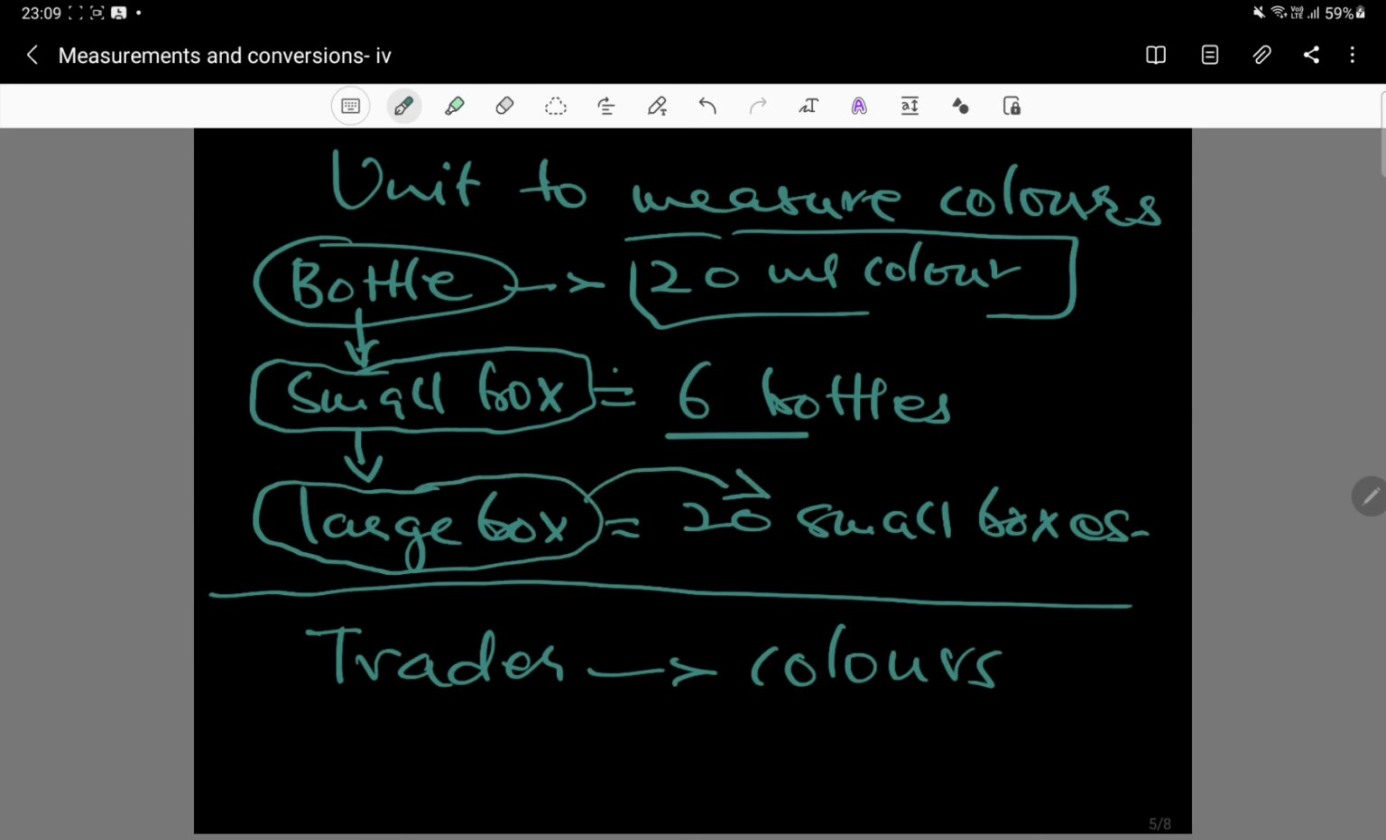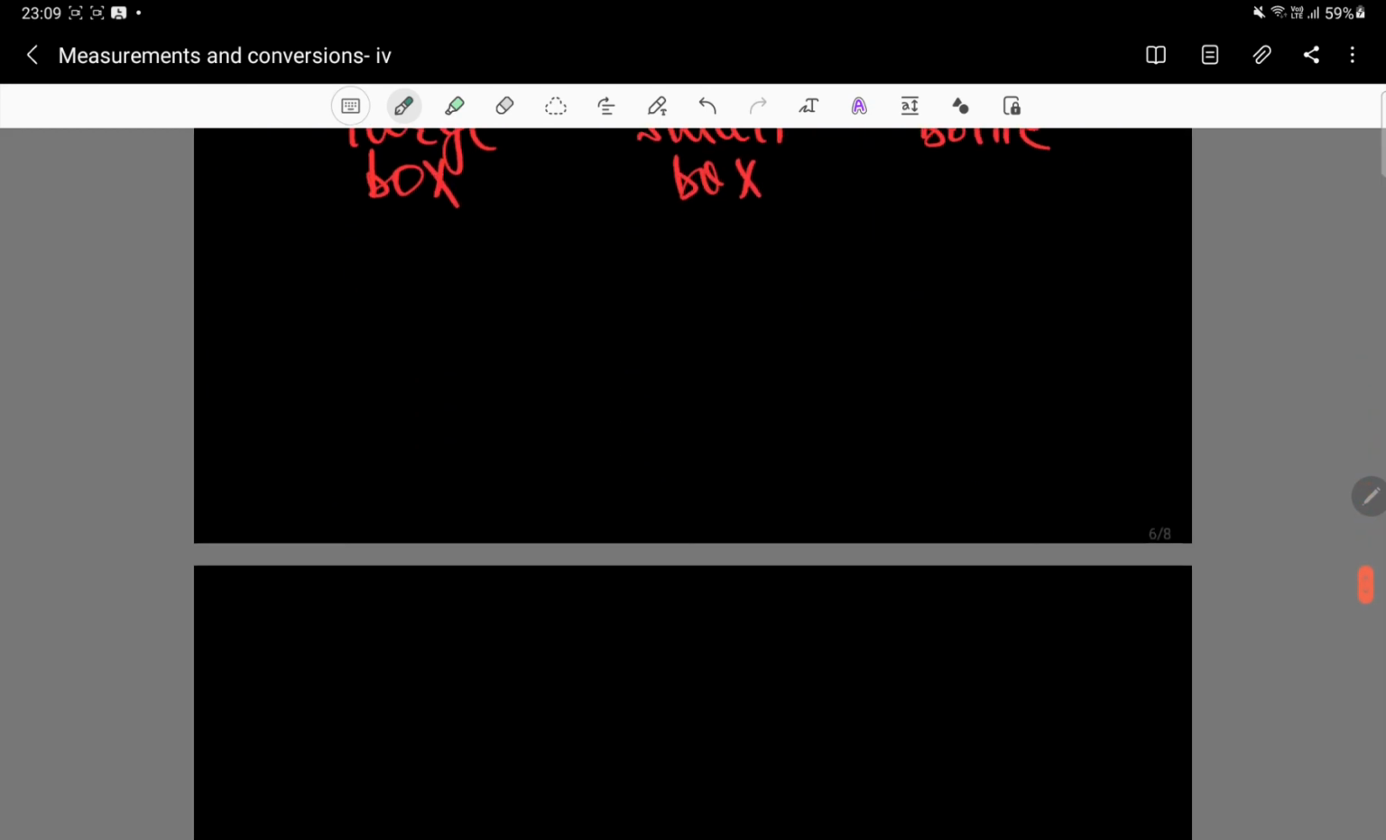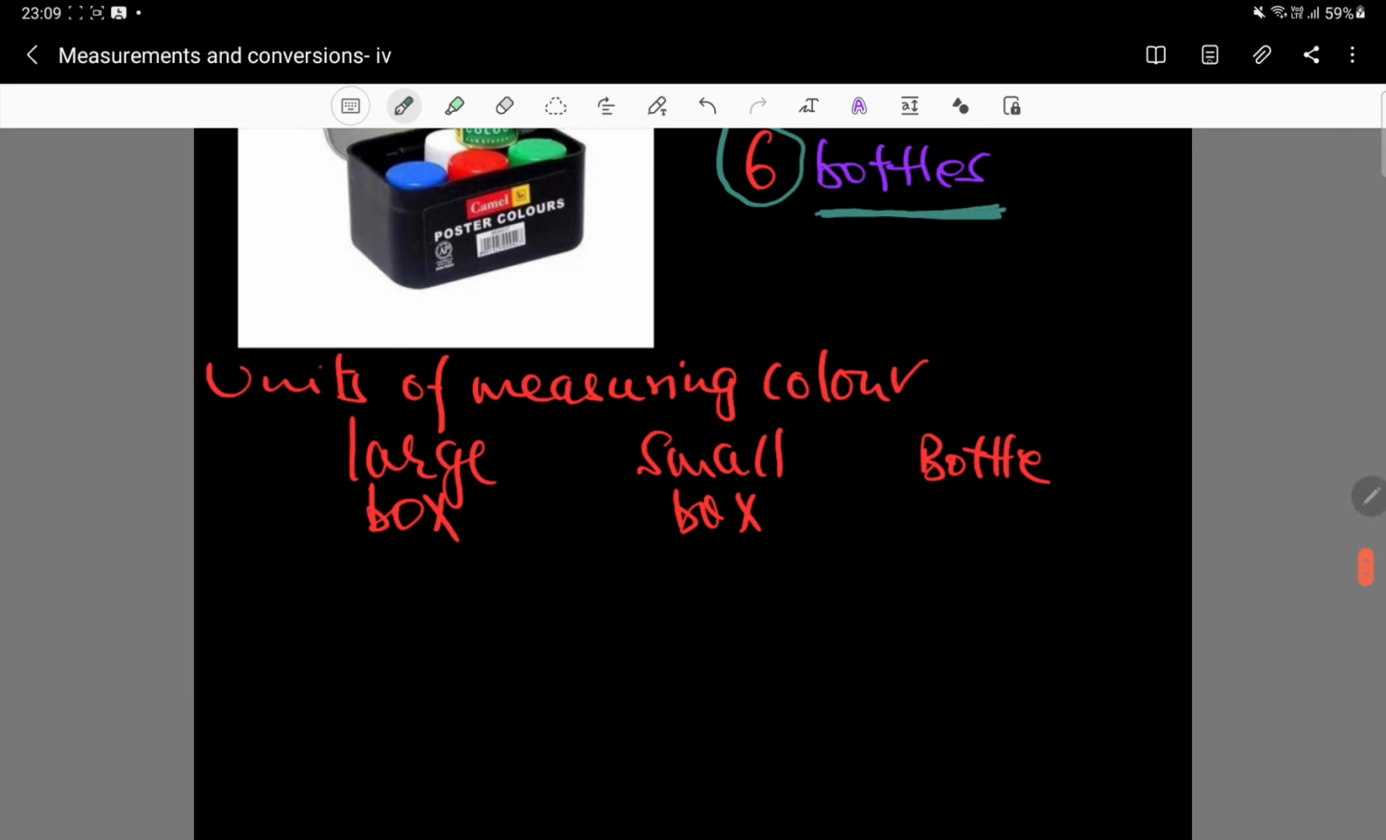So what we have done so far is that we have constructed 3 units of measuring color. The smallest unit is bottle, the larger unit is small box, and the largest unit is a large box. Now what we are going to do is learn to convert the large unit into a small unit. All right, let us proceed. For this, we would need a blank page, and let us create a blank page for ourselves. Okay, so